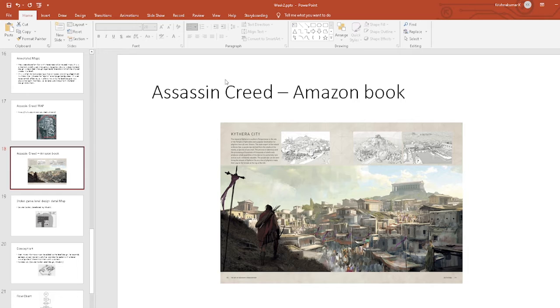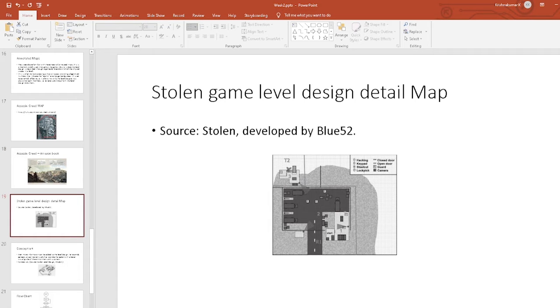As you can see in this particular diagram, there is a number 2 where there is a particular character, Anya. This is level 4.